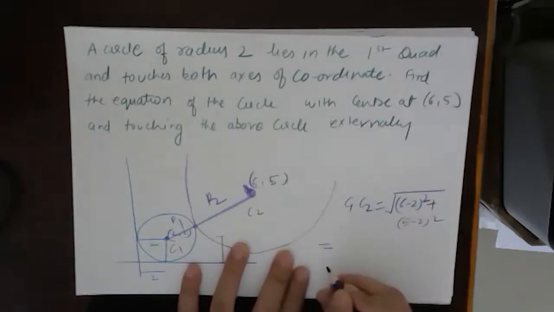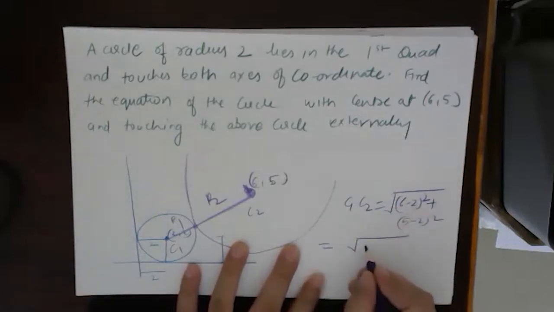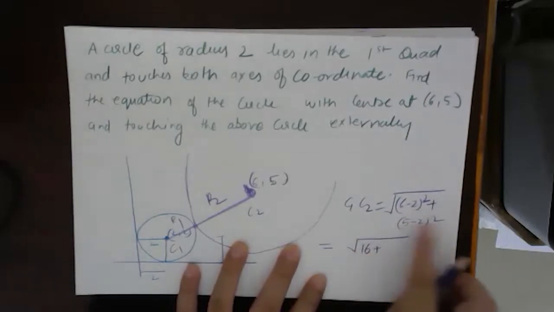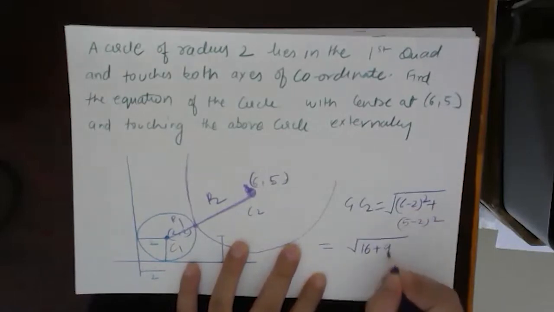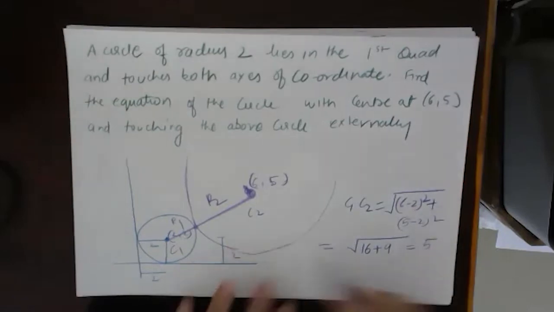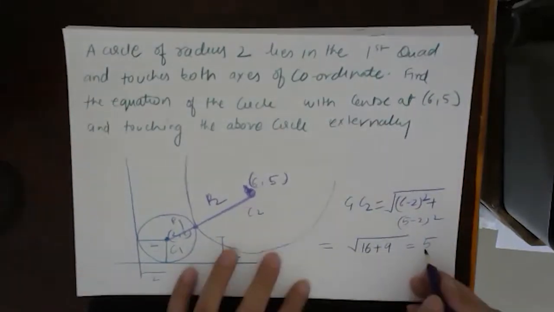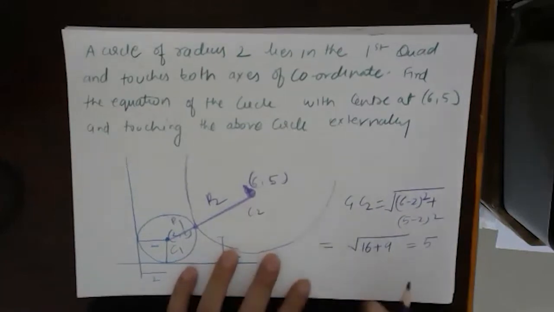So C1C2 will be nothing but the square root of (6 minus 2) whole square, 16, plus (5 minus 2) whole square, 9. This will be the square root of 25, that means 5. So C1C2 is nothing but 5, and C1C2 should be equal to